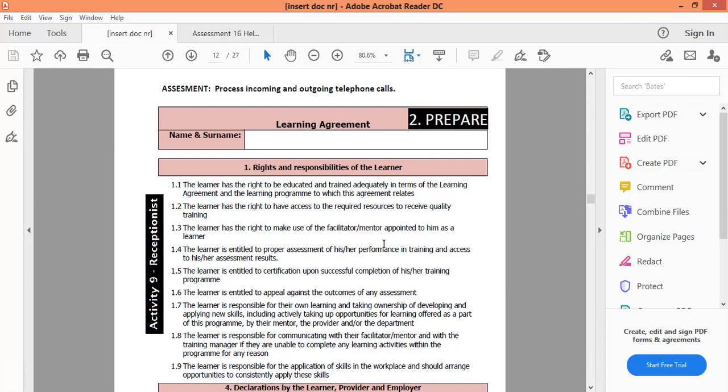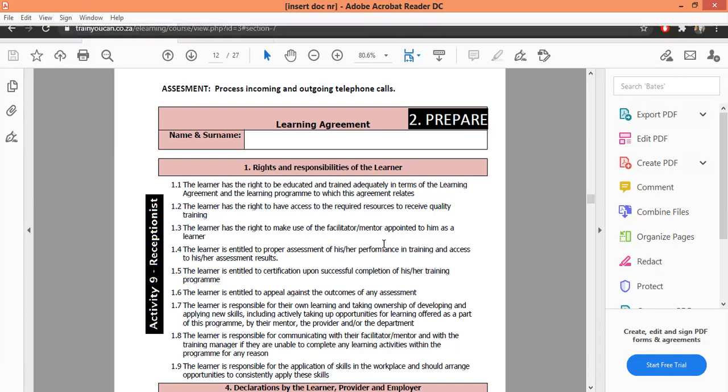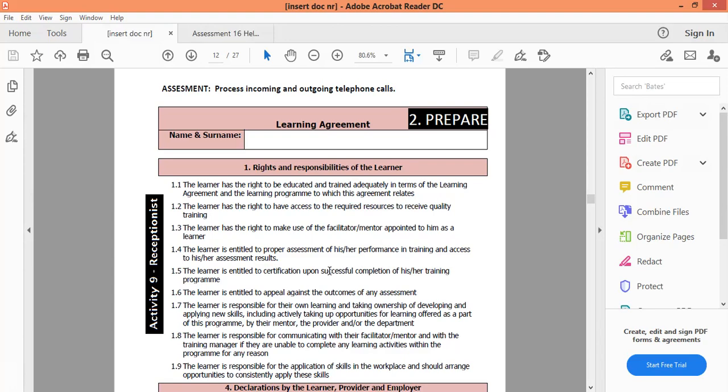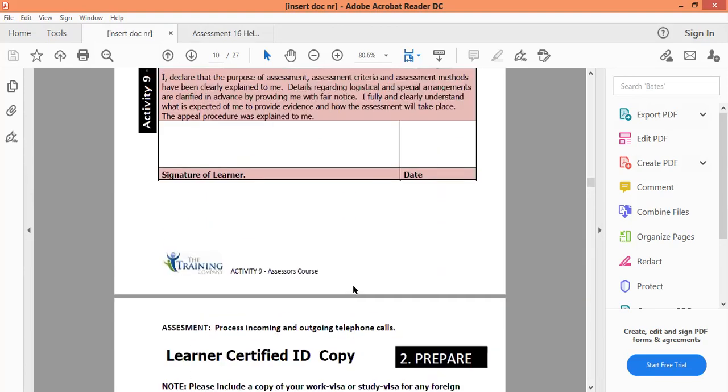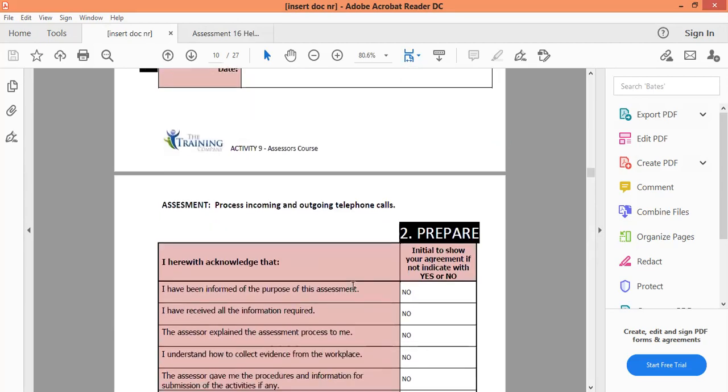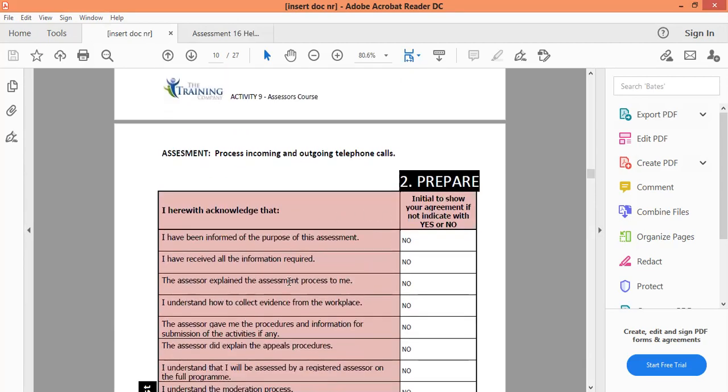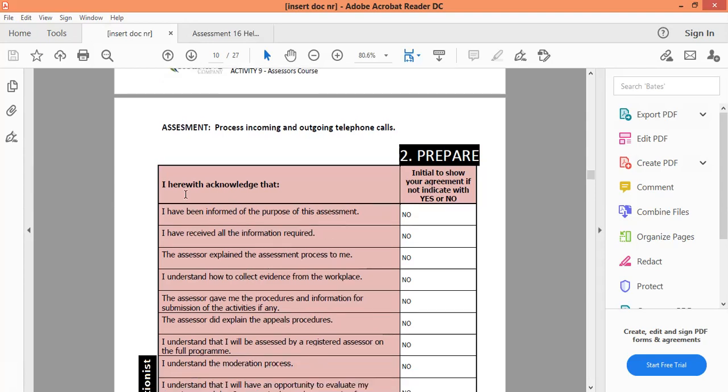Now, the topic that everyone wants to know, yes, it's quite a long process. How can I handle the pre-meeting differently in the workplace? And I'm actually going to look at this here. You don't always physically have to meet with a learner. You just need to make sure or confirm that the learner agrees that he knows what is required before he comes for an assessment. So in some cases, for some higher NQF levels, we give the learner